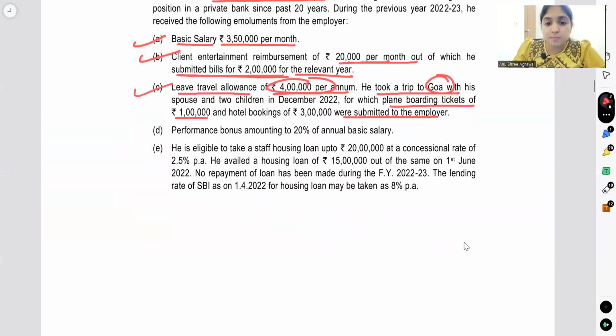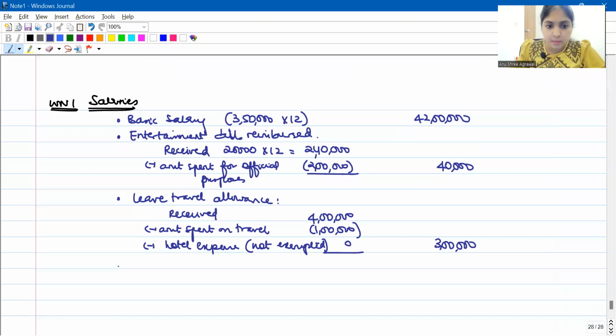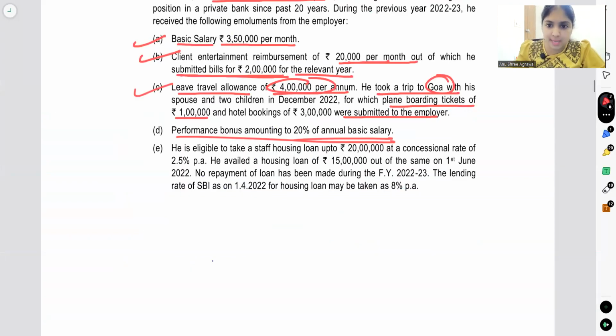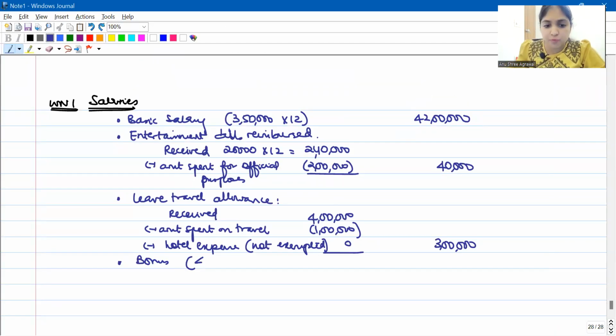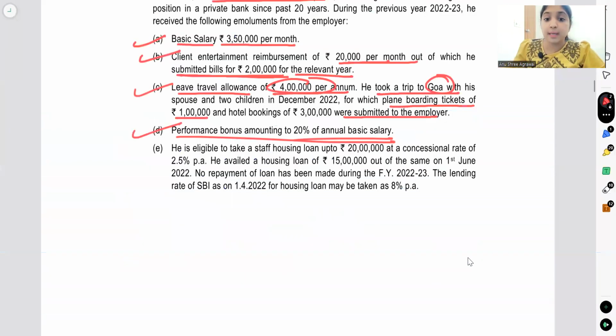Then performance bonus, 20% of salary. So he's also getting bonus. Show the calculation. It says 20% of annual basic salary. Our annual basic salary is 42 lakhs. So 42 lakhs into 20%. This is going to be 8,40,000. Done. Then he is eligible to take a staff housing loan up to 20 lakhs at a concessional rate of